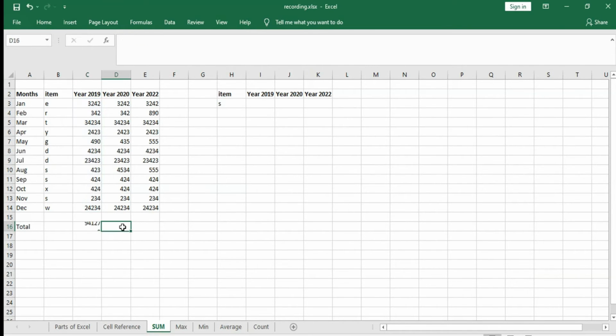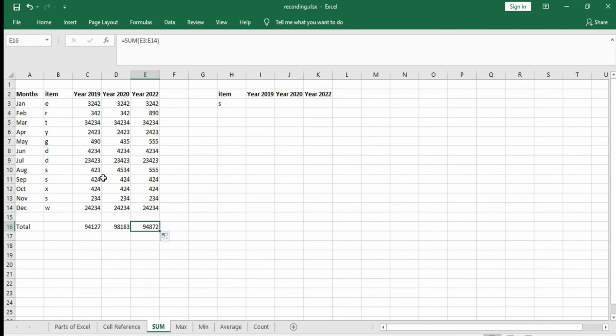Now as I told you, this is the active cell and this is the fill handle. You don't need to apply the same formula again and again. By dragging the fill handle, you can apply the formula. See, I have applied the formula, and you can see we have used the cell reference C3 to C14, and the formula has changed in this cell. So the cell reference will also change. Here D3 to D14, and here E3 to E14. Here we have seen how to apply the formula in adjacent cells.